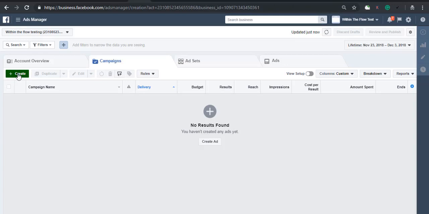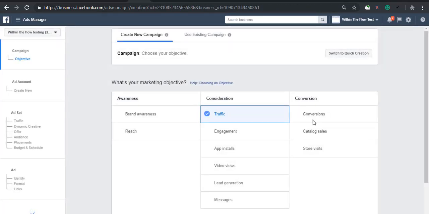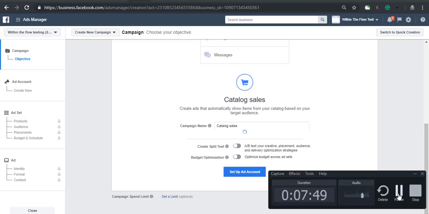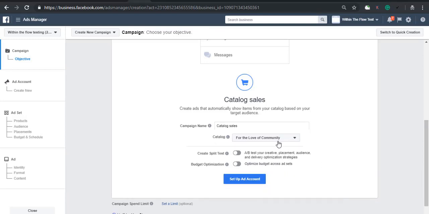Just click create from the campaigns tab, and what you are going to do is catalog sales. Just click it. It will ask you for the relevant catalog. Hold on, it is showing. As I had created For the Love of Community and I have only one catalog,